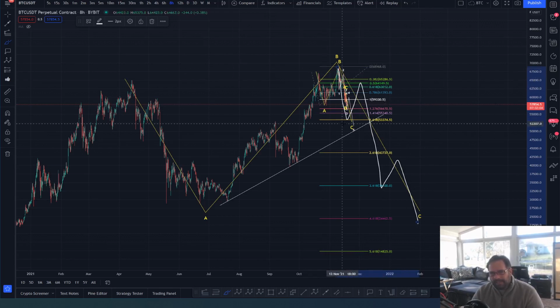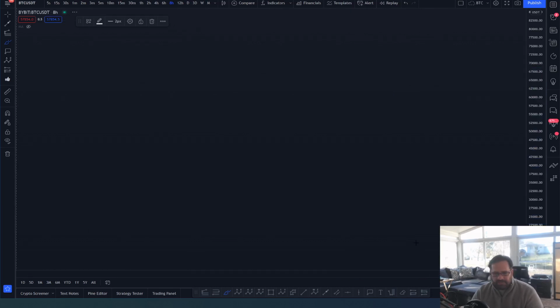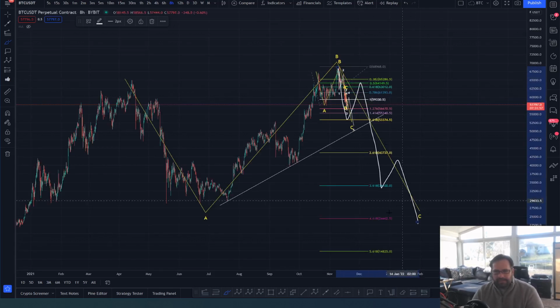Now, again, that would take time. It's not going to go straight there. It's going to trend. It's going to take weeks and months, okay? So don't think that this is going to happen tomorrow and you're going to be able to write a comment, Jim, you got it wrong. This is just an idea that may play out, and we may be in the process of